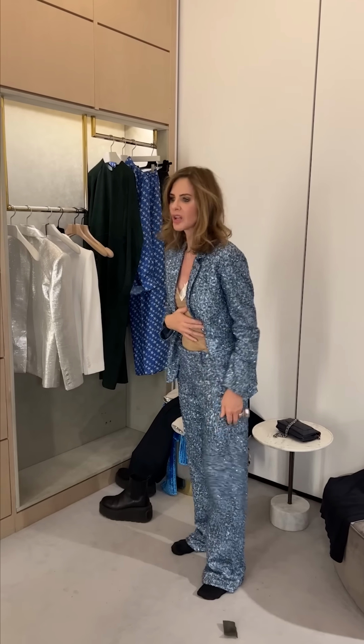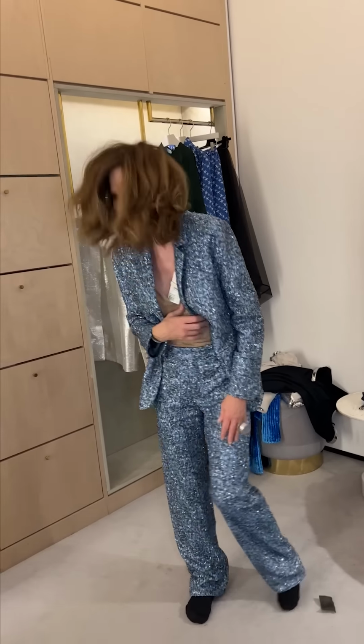What I love about this, I love the colour, but the cut of these trousers on me, they just do nothing. They're just squat bad scrunch bumps. Square bottom. SpongeBob? But the colour is everything. And they've done a really low line for that blazer. But if I look at the back